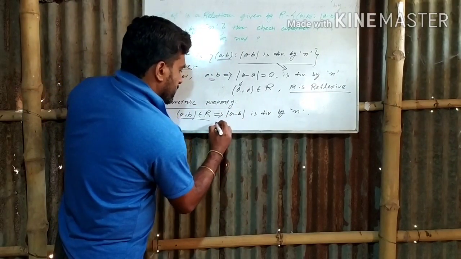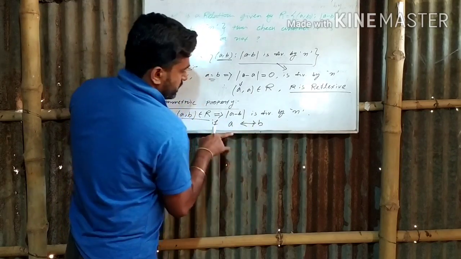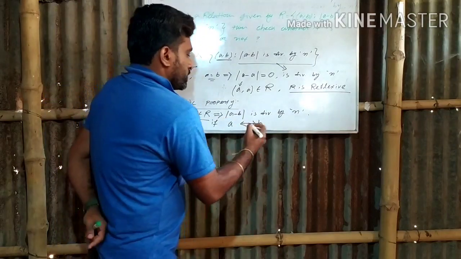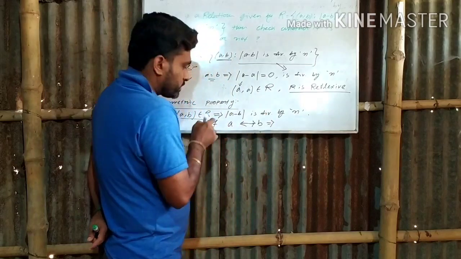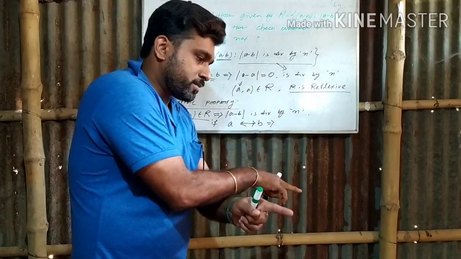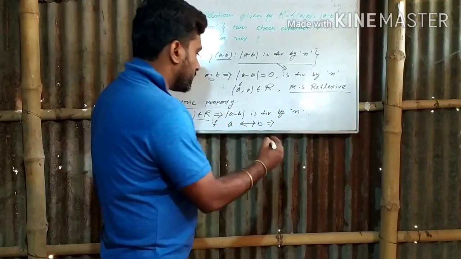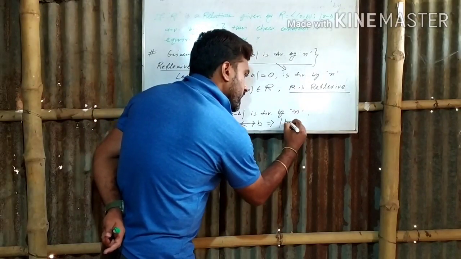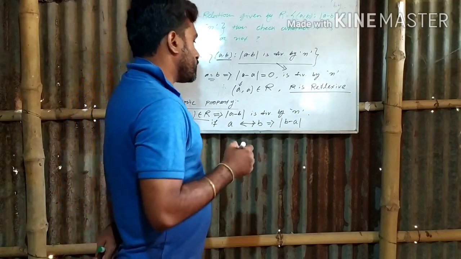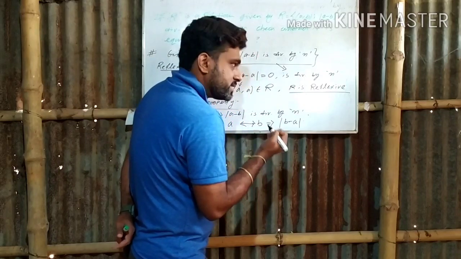Now you have to write just like this. Now if A interchanging B, it means both side arrow, that means we are interchanging their positions. So then this implies mod of A minus B is given in the question. Now if you are interchanging their position, that means B will come in place of A and A will come in place of B. That means modulus of B minus A. So B minus A, is it divisible by N?